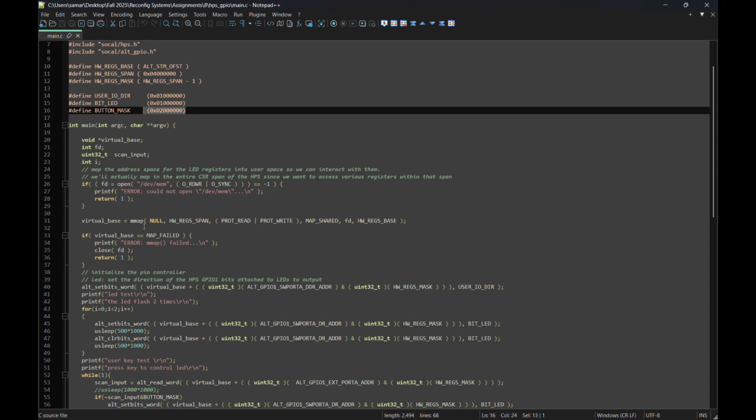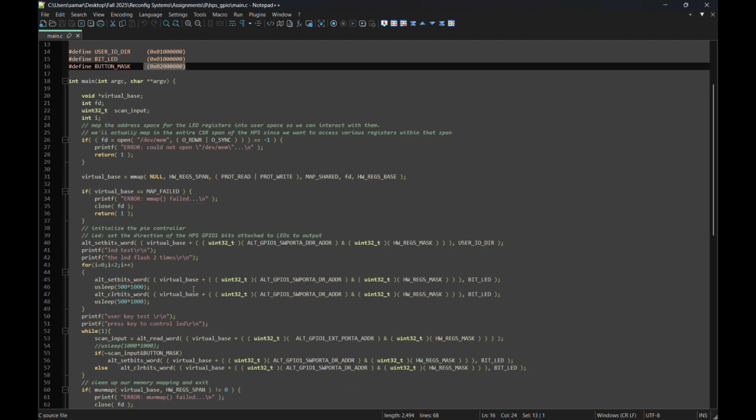This basically maps the original address to this pointer here, so that we can use it within our program. That's what we are doing. It's asking for read and write permission, and we could read and write there, and all the changes would be affecting the main memory and so on. So this is basically where we are mapping the original address to our pointers here, so that our HPS can address the